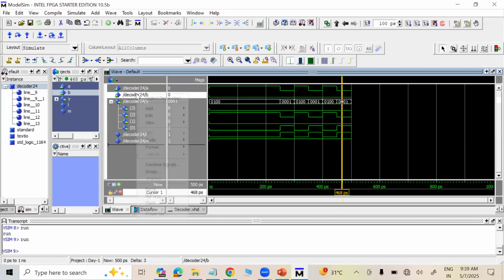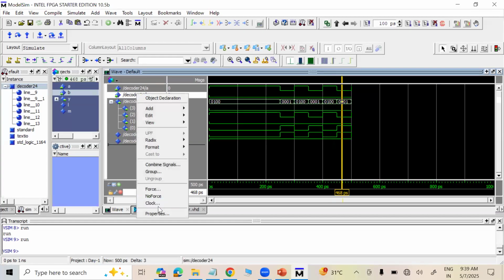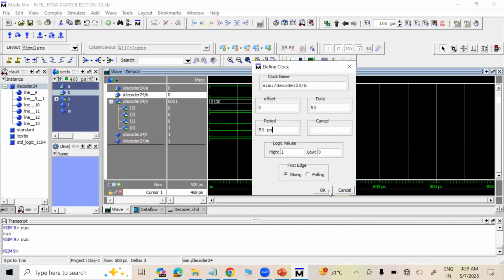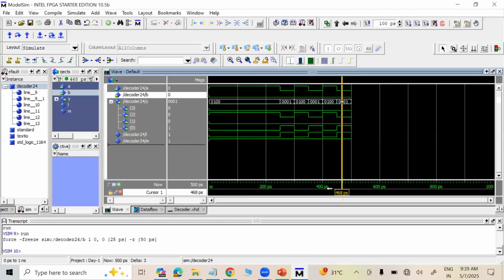Now suppose B is acting as a clock here. Right now A is acting as a clock. Let us take B as a clock, and its time period is 50 picosecond, and then you are clicking it here. So here, after giving this frequency of this clock pulse, you can see here,